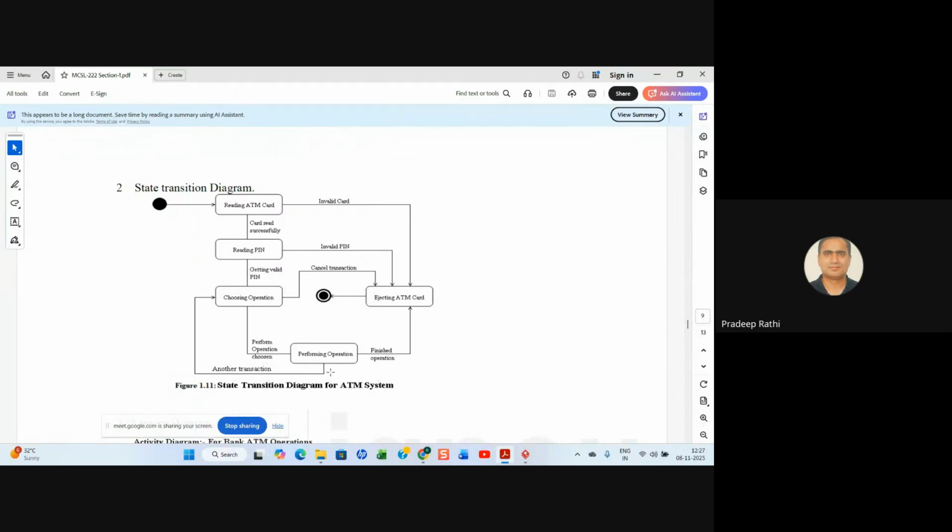Something from the ATM machine perspective, this state transition diagram? This is something showing the user perspective, right? This is ATM system only. See, I'm just talking about the perspective of this activity diagram. This diagram is showing what happens in an ATM system, what activities are happening in it. From the user perspective, or an admin perspective, whoever's perspective you are making an activity diagram.